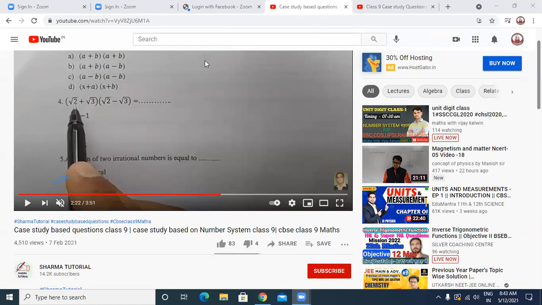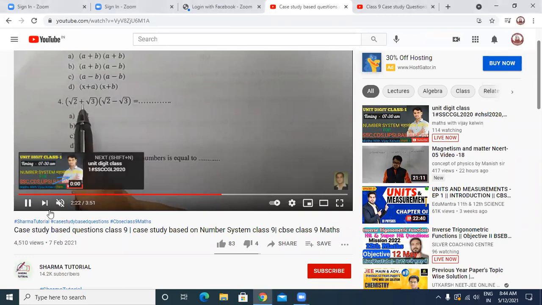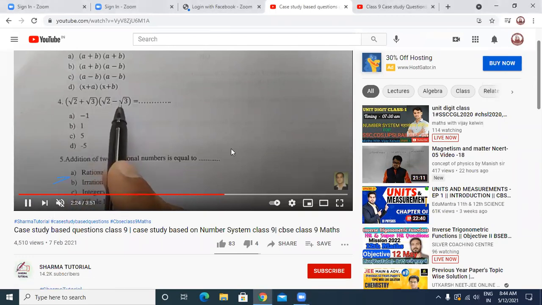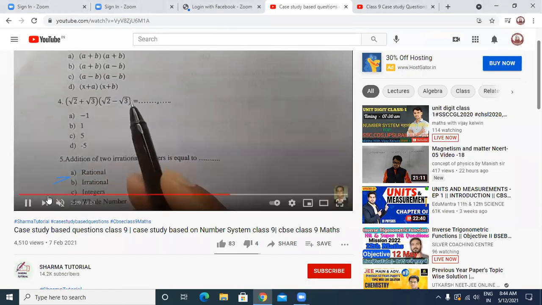Yes, Titiksha, what will be the answer of this? Ma'am, -1. Yes, exactly, it's -1. Mute yourself. Answer will be -1. Root 2 square is 2, root 3 square is 3. So 2 minus 3 is -1. Next is,